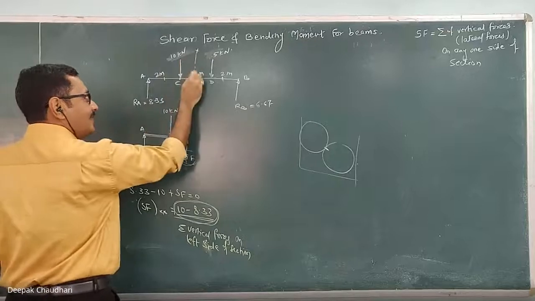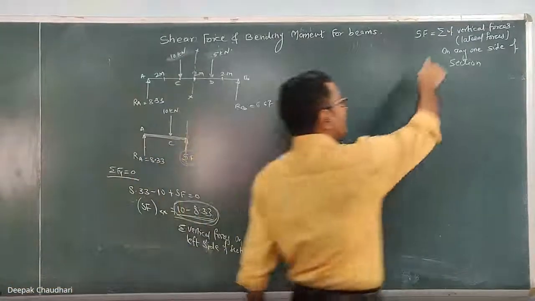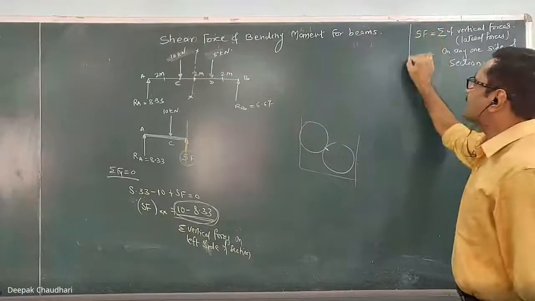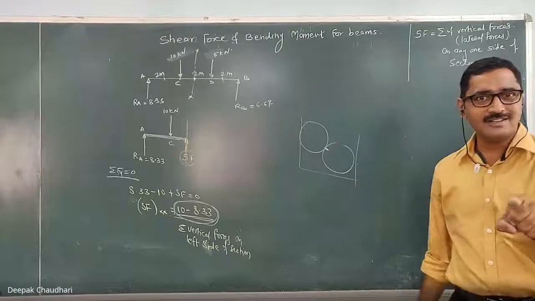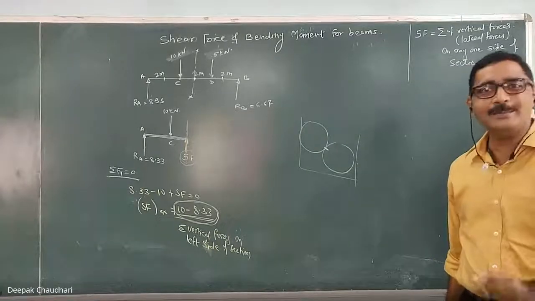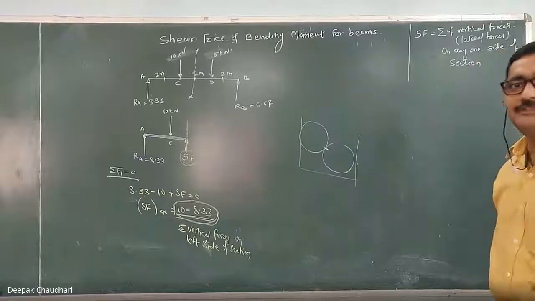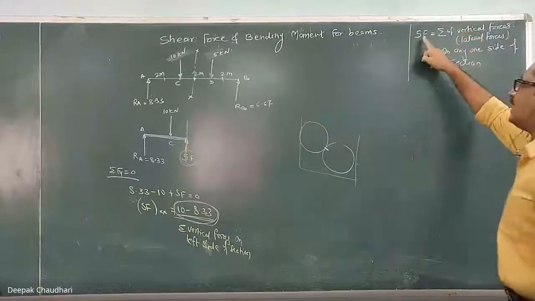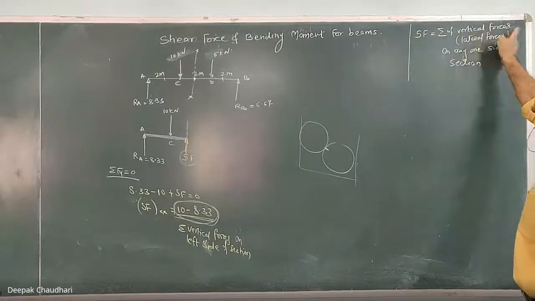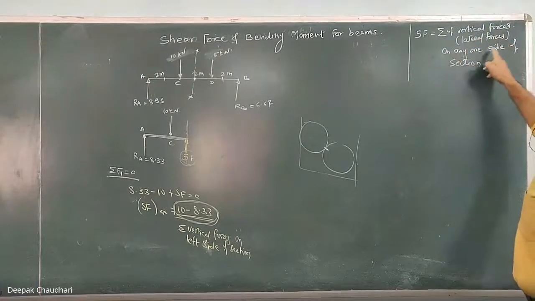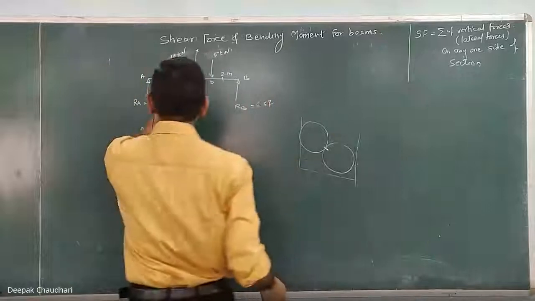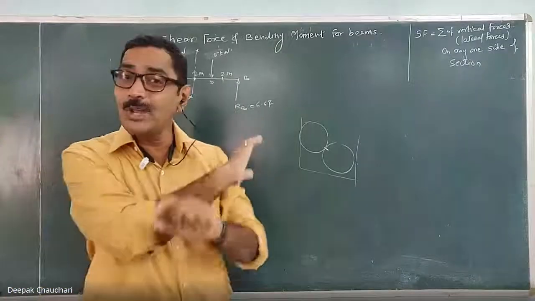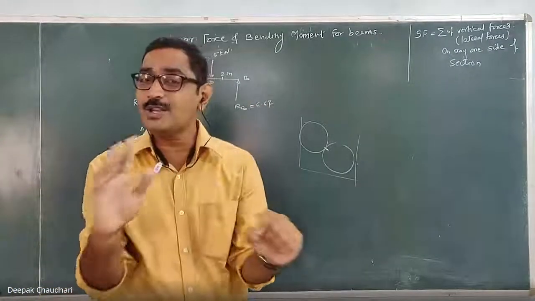Okay. Clear? So how can I get the shear force at this particular section? It is the summation of vertical or lateral forces on any one side of the section. Clear? Whenever I ask you what is the shear force at any particular section, it is nothing but the algebraic summation of vertical forces, that is the lateral forces, on any one side of the section. You have to take the summation of the vertical forces on any one side, the summation of the whole beam, not the summation of all the forces acting on the whole beam.